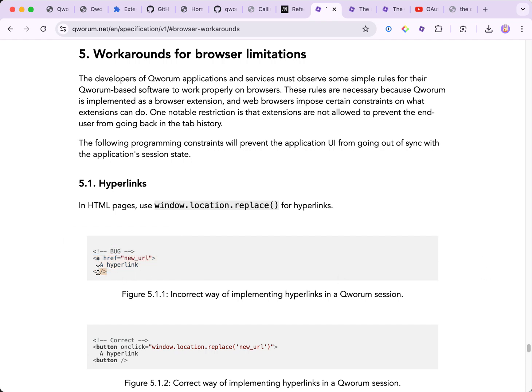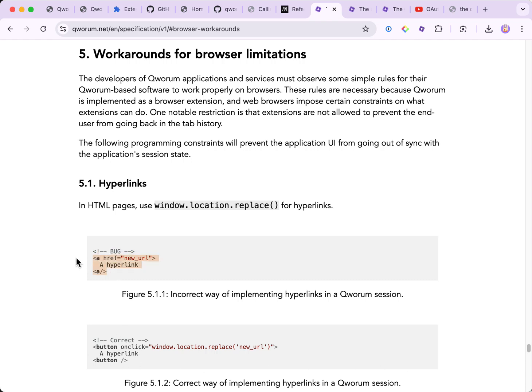This would be incorrect in the Quorum world, at least with the way that browser extensions work. But these restrictions could be lifted further down the line, depending on the willingness of the browser implementers.